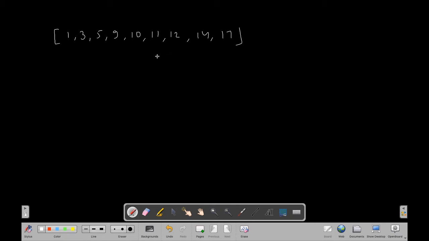So here we have our sorted array, and we know in a binary search tree we have a root node, and all the values on the left side of this root node are smaller and all the values on the right side are greater. So this is what a binary search tree is. And if we choose the middle element from our sorted array as our root node, then we can evenly divide the right and left subtree.